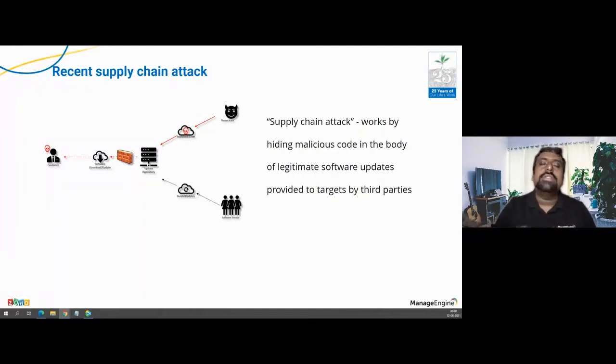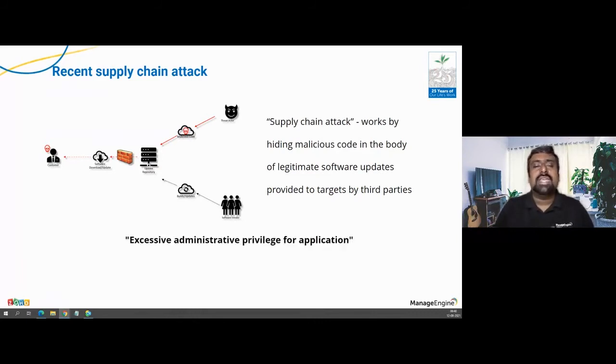The moment they come inside your organizations, how fast are we responding or reducing the attack surface at every level? I'm going to probably look into those things as well. So that's an important area. The first thing is excessive administrative privileges. Think about it from this angle. I'm going to provide excessive administrative privileges for certain applications. Because of that, when this supply chain attack happens, I'm going to utilize the same administrative privilege that's been given to this application. I'm going to use it and move laterally and get all the data I want.